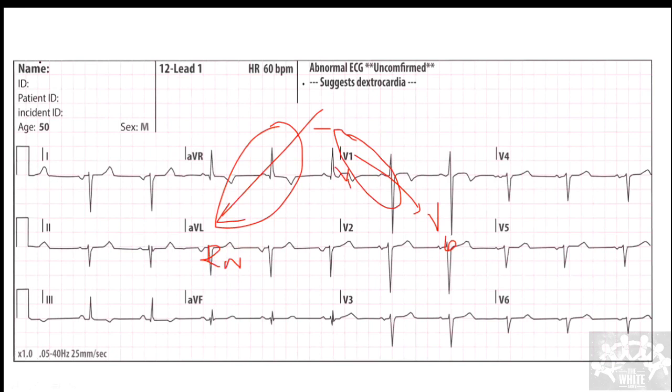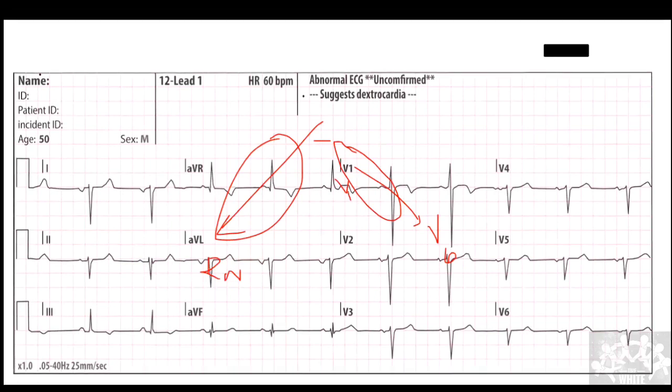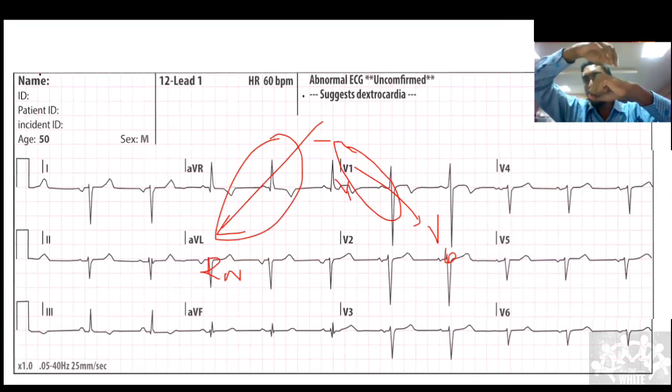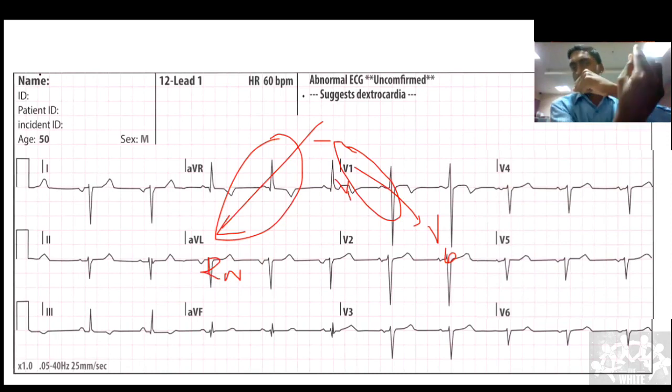So imagine this. Okay, I'll start my video so that you guys can understand. So this is my heart. Imagine this is my heart. So this is going to be my lead AVR. Now, if the P wave is going to be in this direction, and the QRS complex is also going to be in this direction, then for this lead, the first deflection, the P wave, is going to be downwards.